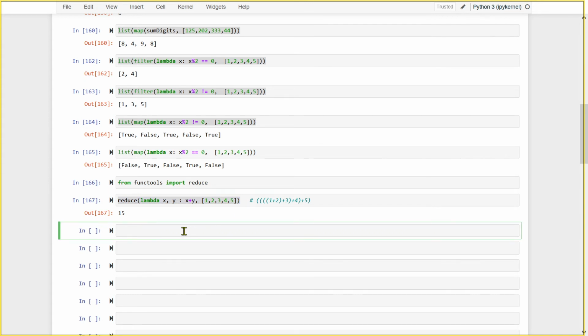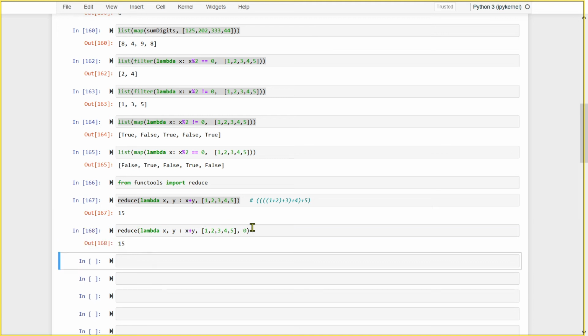Just bring it here. You can give an initial value, one initial value, whatever value. If I give 0, the same result. Suppose I give the initial value as 100. So what happens? Your initial value will be 100. To 100, you will add 1, then 2 and 3. So you will get 115. So that also you can do if the requirement is like this. If you want to have 0, rather you simply don't, because it is an optional thing.